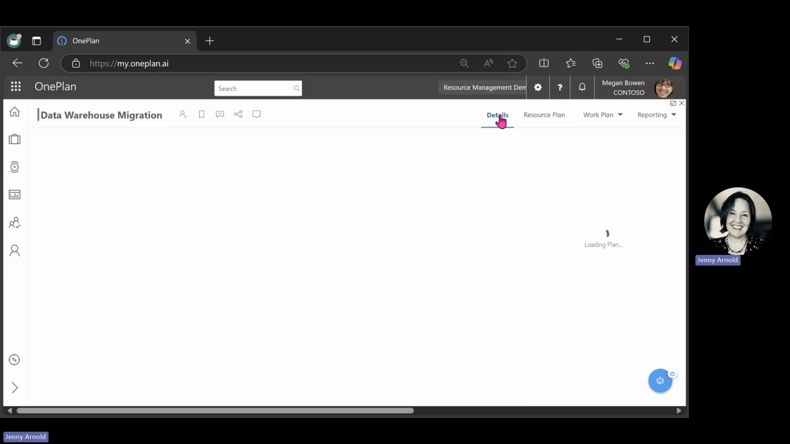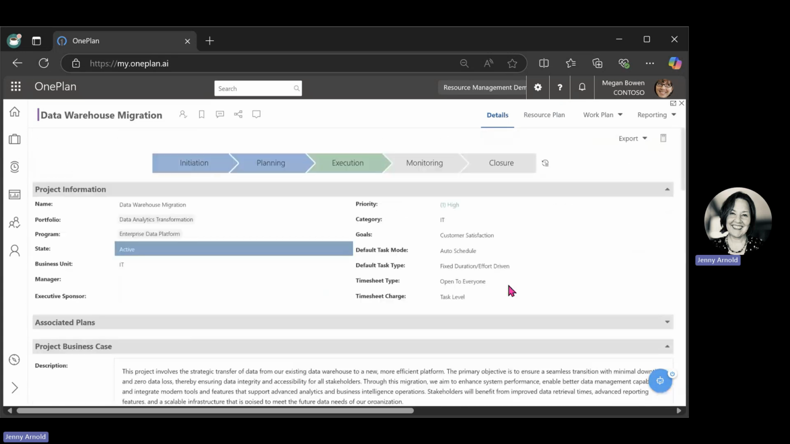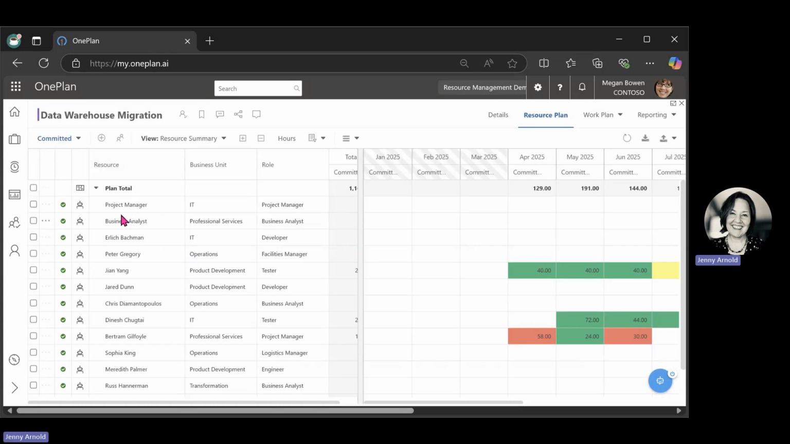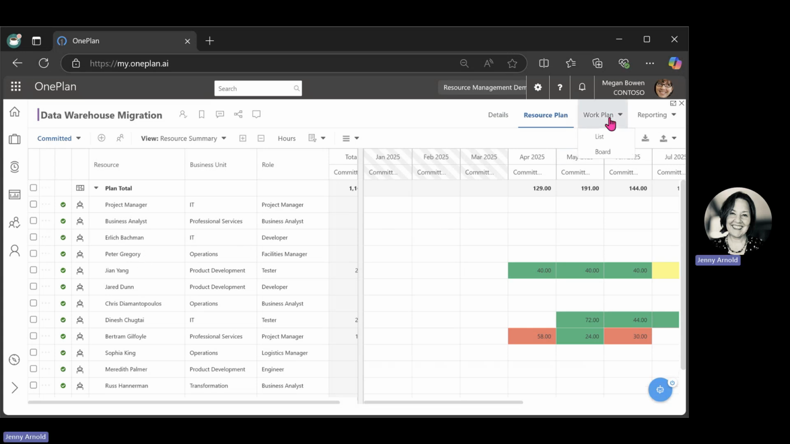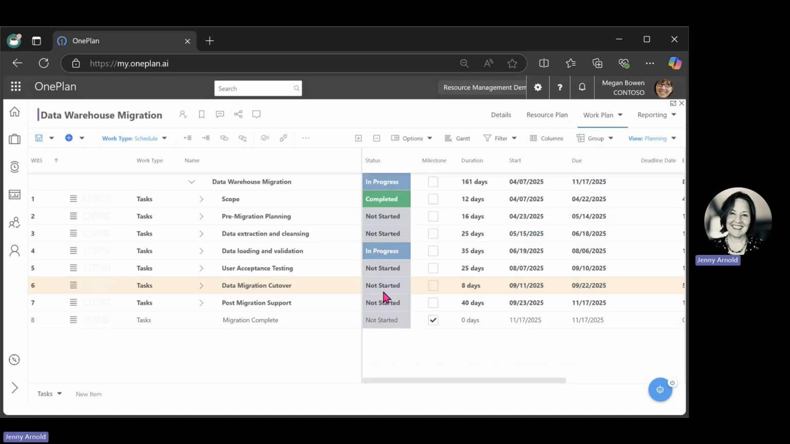So we have top level details on this plan. This is where all of our project information, otherwise known as plan, all of our plan information will show, okay? The resource plan will show us everything that's been planned for both generic and named resources on this particular plan. And then we've got the work plan here. This is our project schedule. And so if we expand this view,